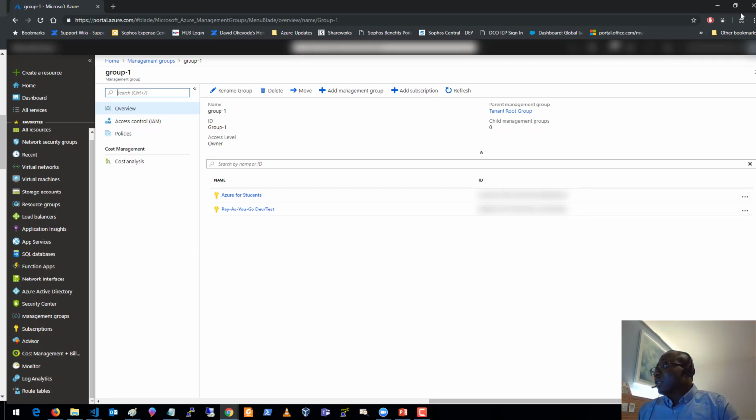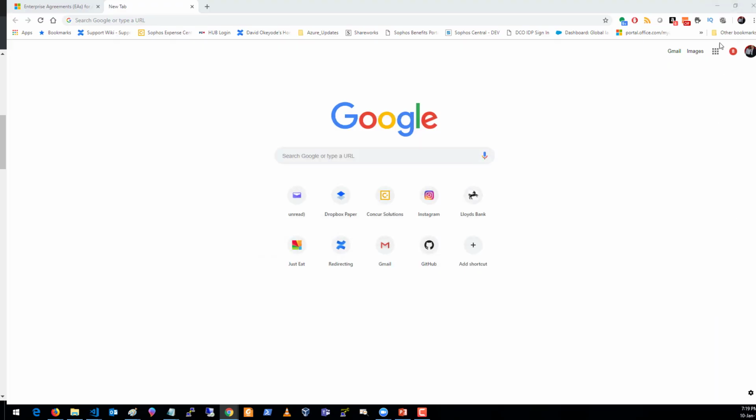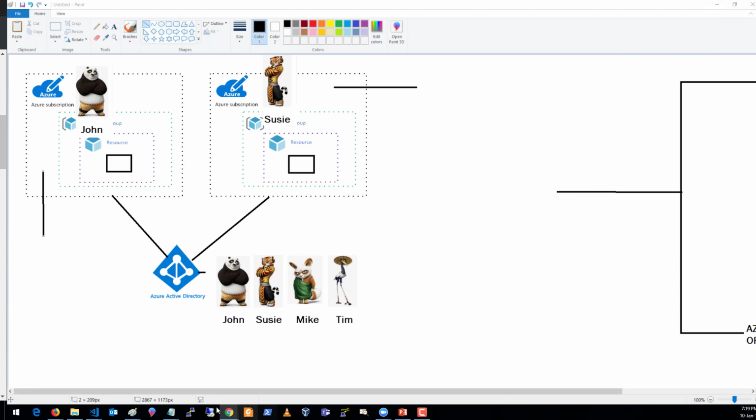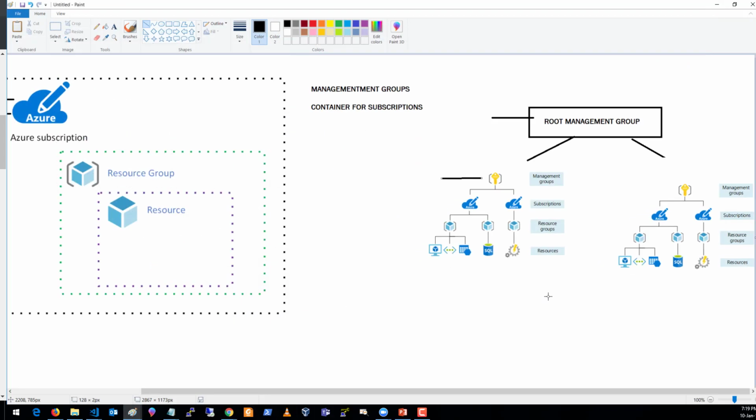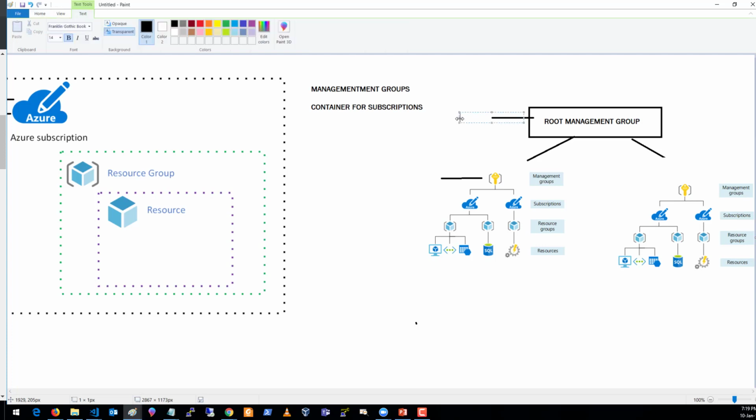The other thing is, when it comes to this diagram that I was sharing earlier, let's go back, is that anything that I apply on a higher level, somebody that has permission at a lower level cannot overwrite that. So if I apply, let's say, a deny permission on the root management level,